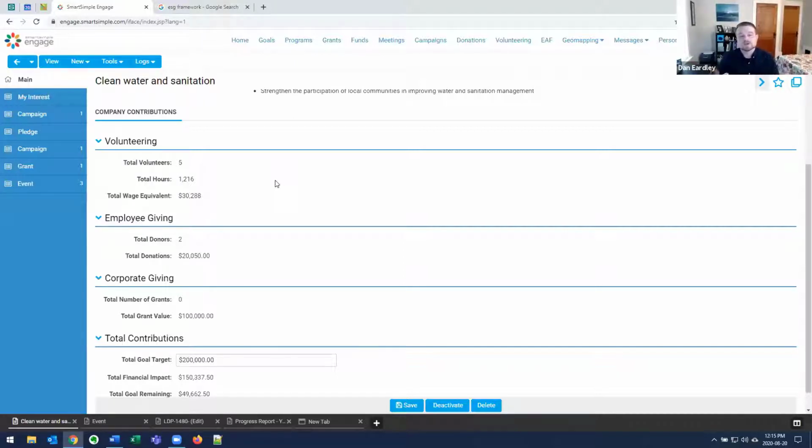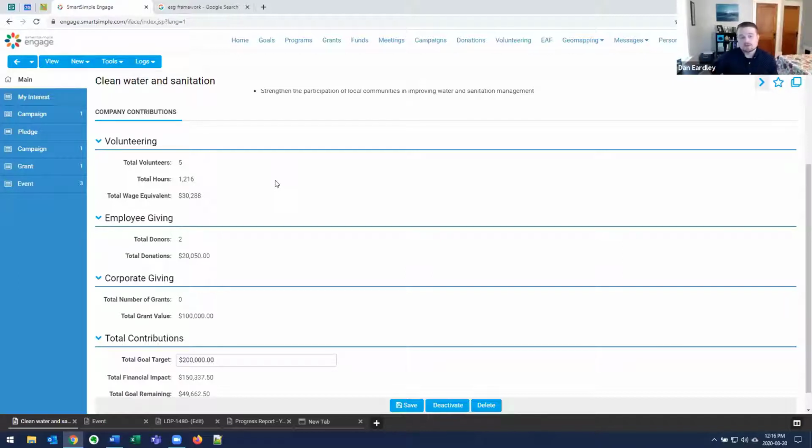But what we can do is we can take the unique KPIs to each organization, the things that you're looking to measure, so those what's that we were talking about earlier, and we can essentially expand this to include those unique KPIs so that you can measure that data based on the activity that you're tracking in the system.